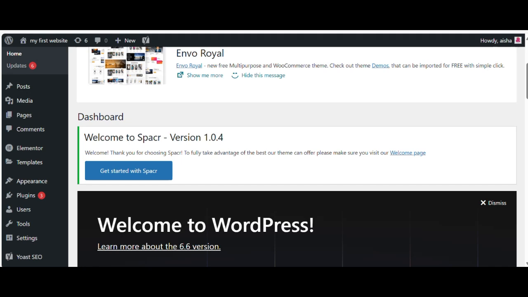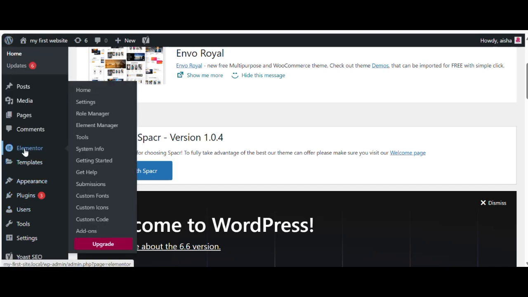Then there are Plugins. Plugins are basically short snippets, or you can say extra features that we add to our software or our websites to get extra functionality without changing the code, right? So plugins are very important. As you can see, I have already installed the Elementor plugin, which is basically a page builder that helps developers easily design pages, right?